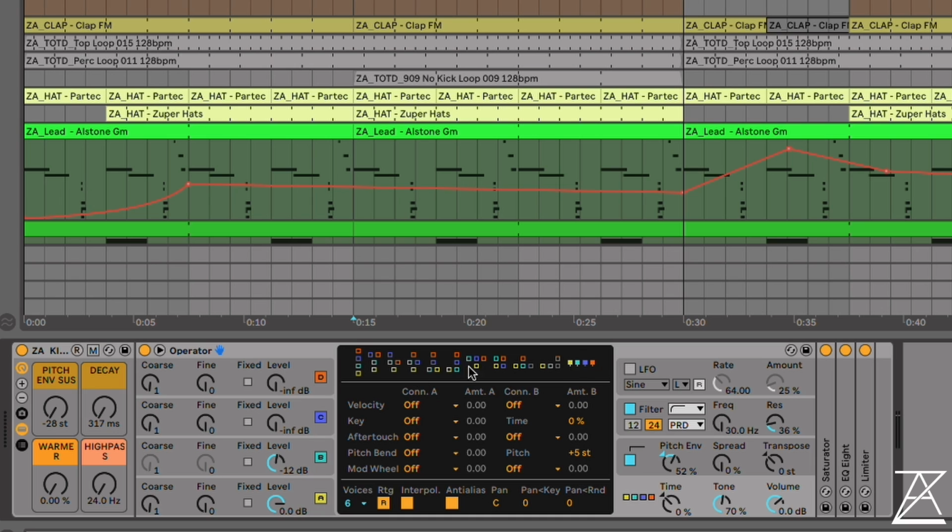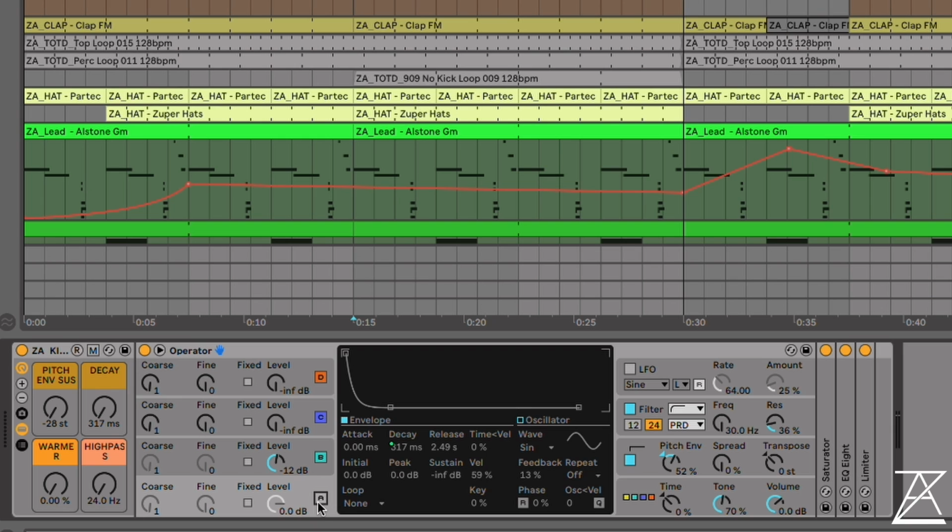The way Operator works is by default, each operator is fed into one another. And in FM synthesis, the operator that makes a sound is called a carrier and the others are called modulators. So by default, when you open Operator up, we have 3 modulators and 1 carrier. Essentially here we've got a kind of subtractive synthesis where they're all sounding at the same time. And if I were to take off A,